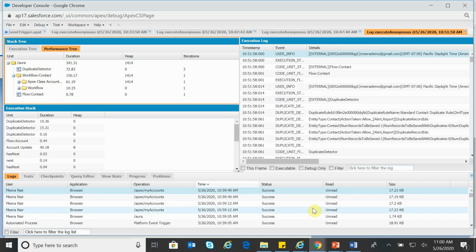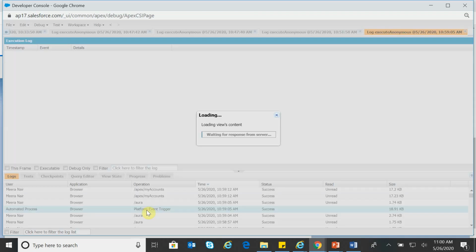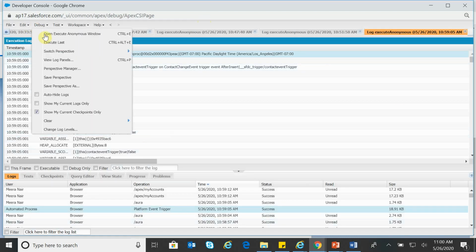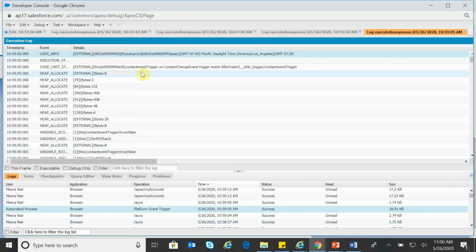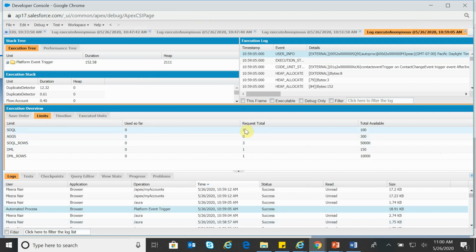Since this is getting executed as an asynchronous operation, we will have a separate entry for this, and it will be showing as a platform event trigger. And below that, you will be able to see the actual execution of contact save that is not affected by the update operation, which is getting executed as a platform event. Let us open this platform event and change the mode to analysis. Let us track the limits details. So here also you can see SOQL list 1 and DML list 1.